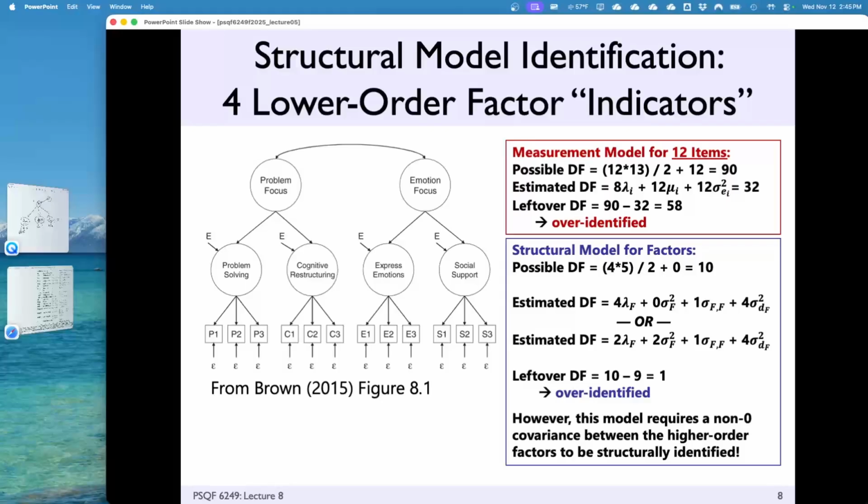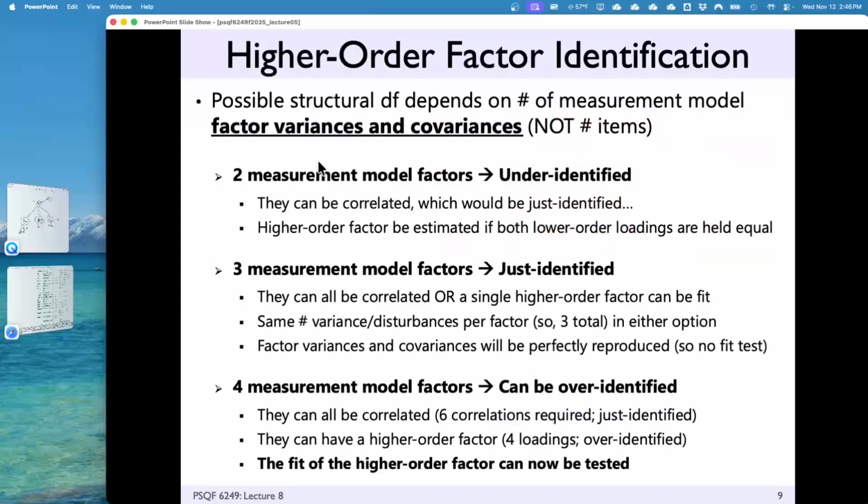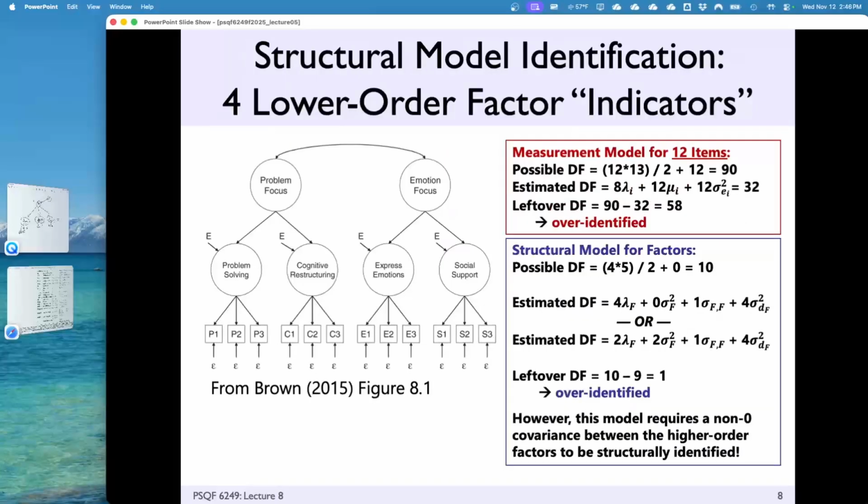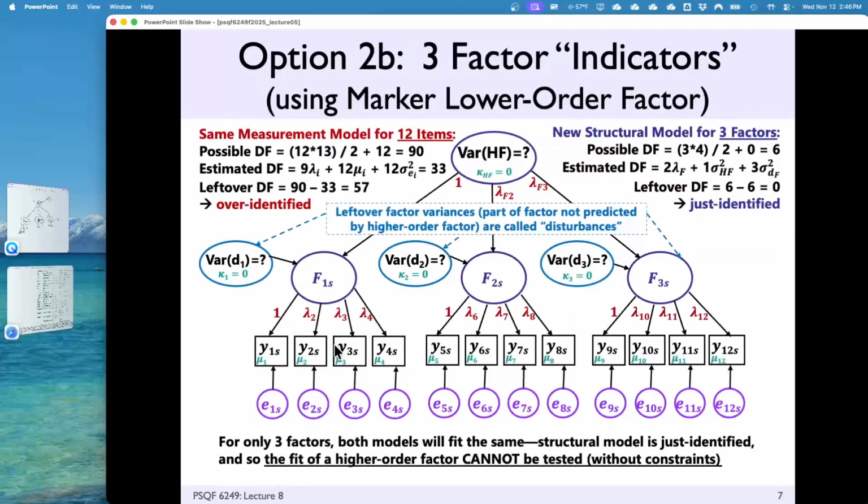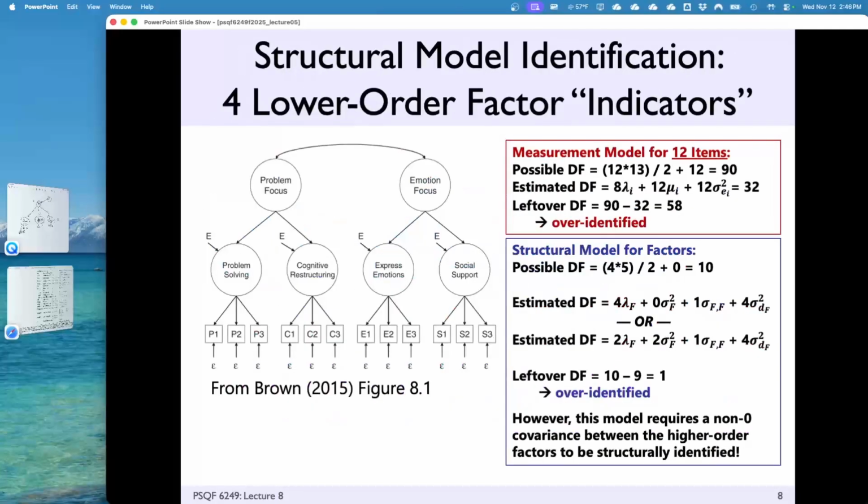And what we end up with is an over-identified model with 1 degree of freedom, but it needs this thing to be estimated for it to be structurally identified. So it's getting to a part where I'd still want to have 3 or more indicators, is what I'm at. There are ways that you can form higher order models with fewer, but I think 3